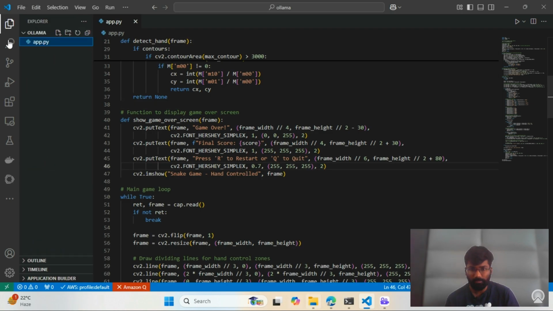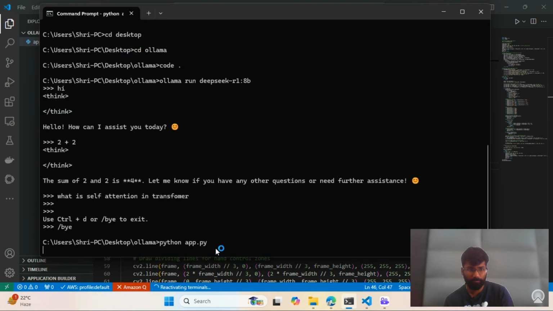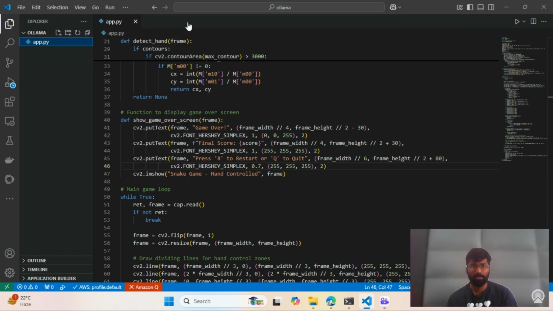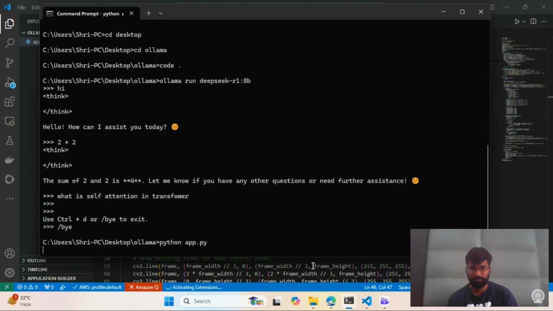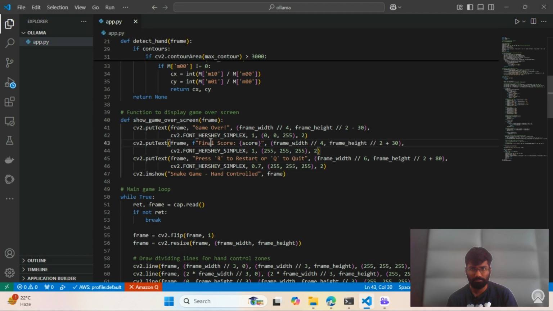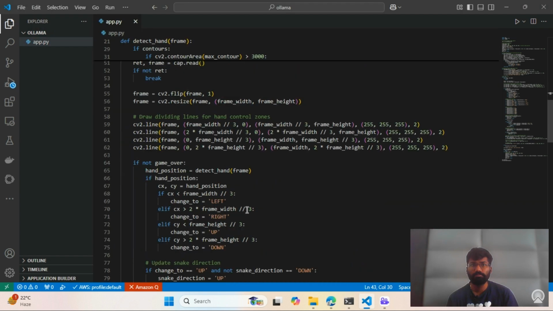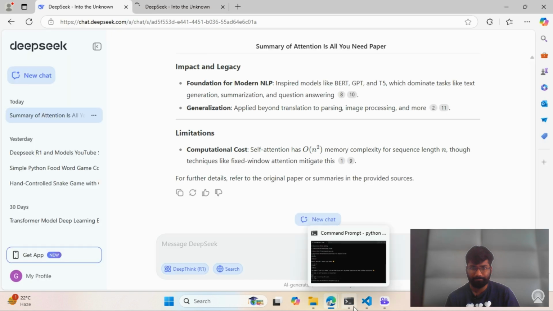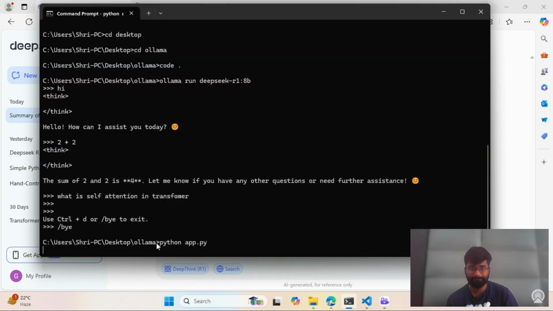If I go to my command prompt, it's still taking time. I close that. Can I run it here? Let's try that. Not running. I don't know why. Please close this window. Can you come out of the